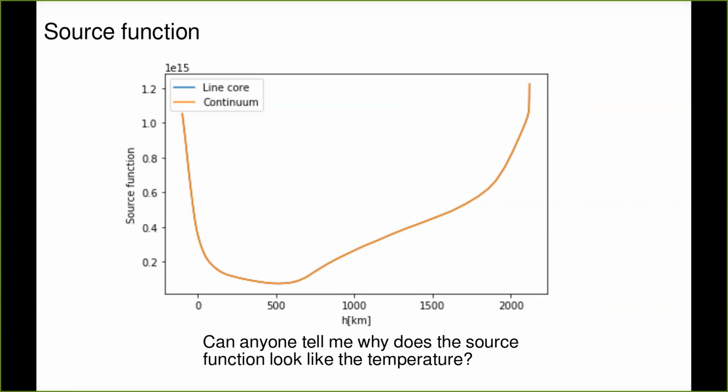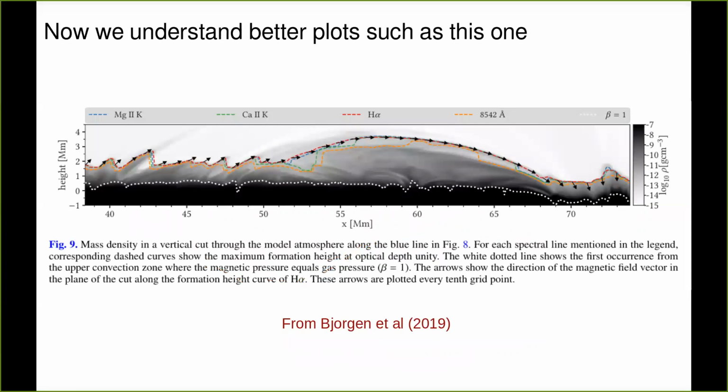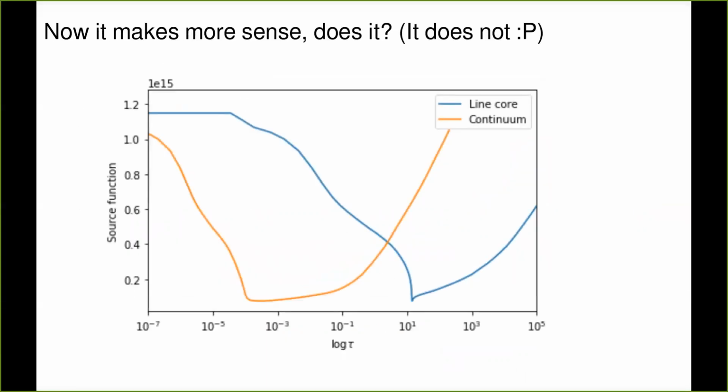Okay, cool. So what do I want to plot now? Well, plotting source function and optical depth on the height scale tells us something about how the things behave in this canonical Falsi model. However, what I really want to do in the context of the radiative transfer equation, I want to see how the source function at the given wavelength varies with the optical depth at that same wavelength. And I'm going to plot this on this very useful plot here, which should make sense, but it doesn't. Right? It doesn't make a lot of sense because what does this tell me?